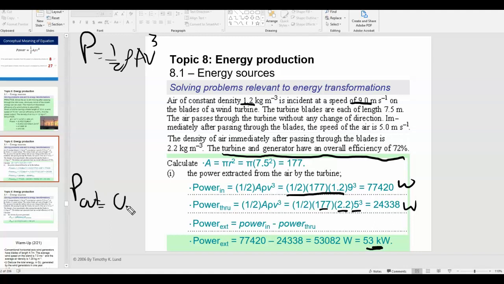Well, that would be 0.72 times 53 kilowatts. Somebody's going to ask me about the units. Do we need to convert to watts? Can we leave it in kilowatts? I will say in this unit, generally speaking, the IB tends to be okay with you using megawatts or kilowatts, as long as what you're doing is correct. This is 38.6 kilowatts,